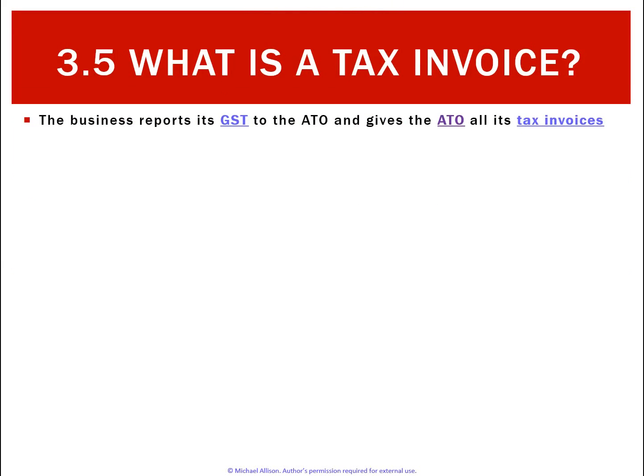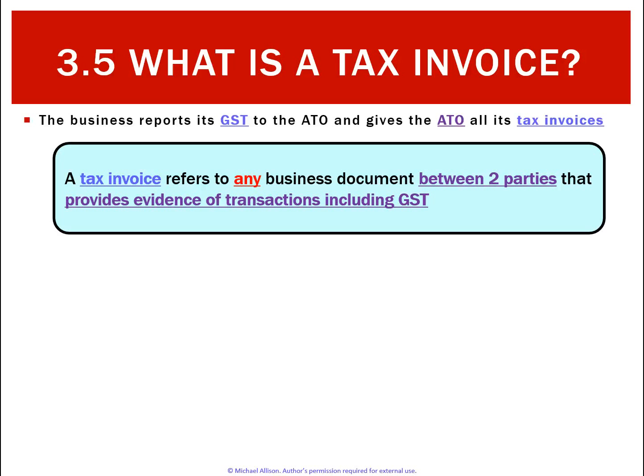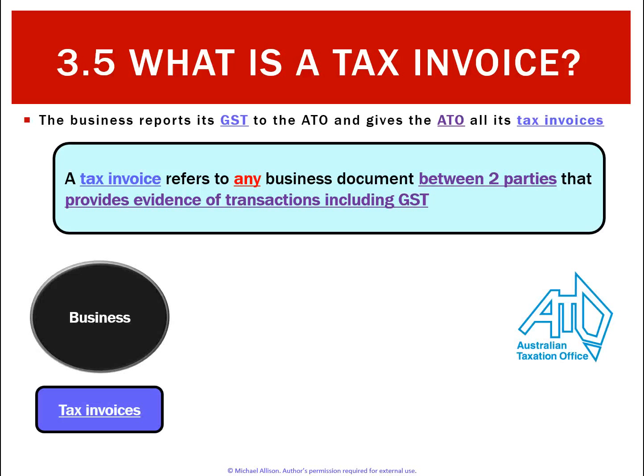So what we've got to do is report this to the Australian Taxation Office, the ATO, and what they're going to ask for is all the documents that prove the amount of GST that you've paid and received. They're called tax invoices. So just the basic definition is a tax invoice is any business document between 2 parties that provides evidence of a transaction including GST. So at the end of the period, we'll send all our documents up to the tax office, and they're called